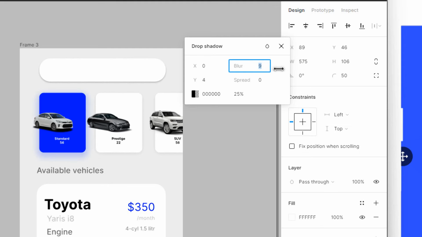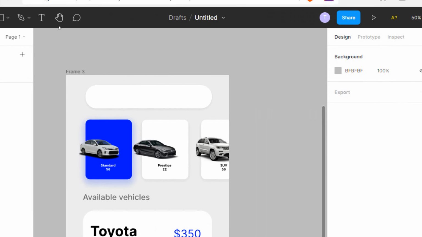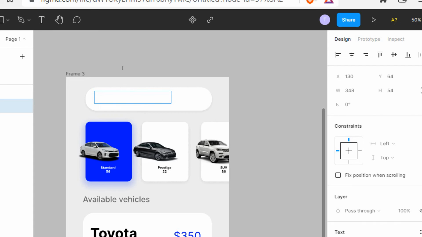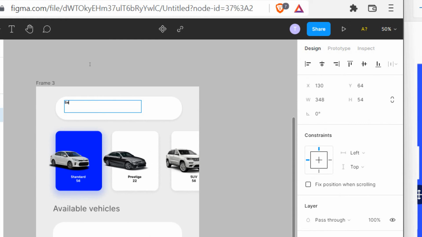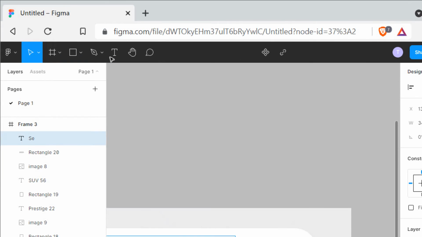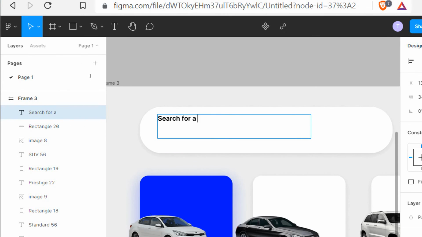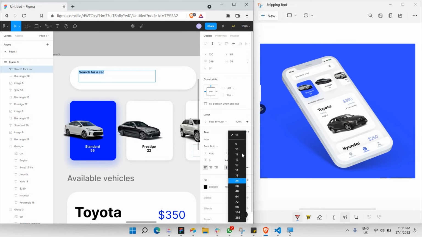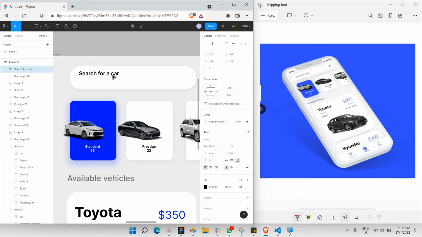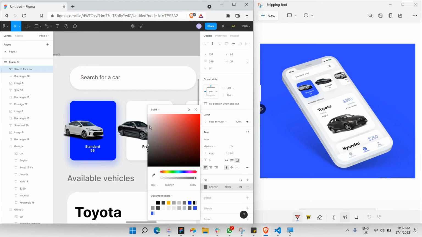I'm gonna increase the blur, and I'm gonna reduce this to 10%. Okay, that's nice. And I'm gonna add some text within here, which says search for a car. And I'm gonna make this aligned to the left hand side. So as you can see here, I can just fill this here, and it's gonna type search for a car, and I can increase the size of this. Currently it's 15, so I'm gonna give around 24, I guess. Okay, so 24 should be here, and I'm gonna make this medium, and the color should be a bit lighter gray,